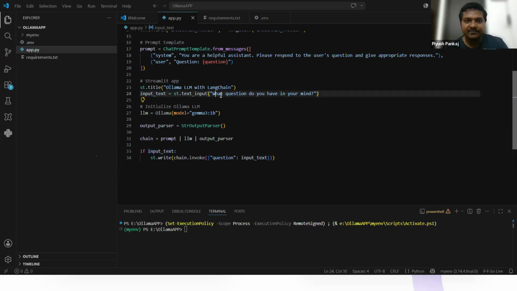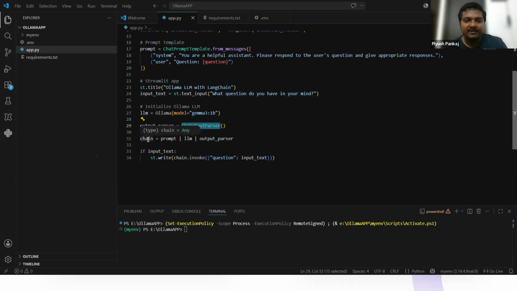We are going to take the input from the user using st.text_input, asking what question do you have in your mind? That will be stored over here. The LLM that we are creating from Ollama, the model is the same, Gemma 3.1b. Then we are creating one object called output parser that is going to parse the output.